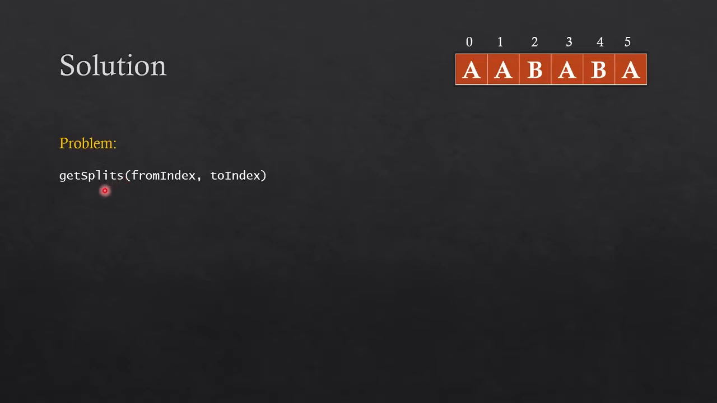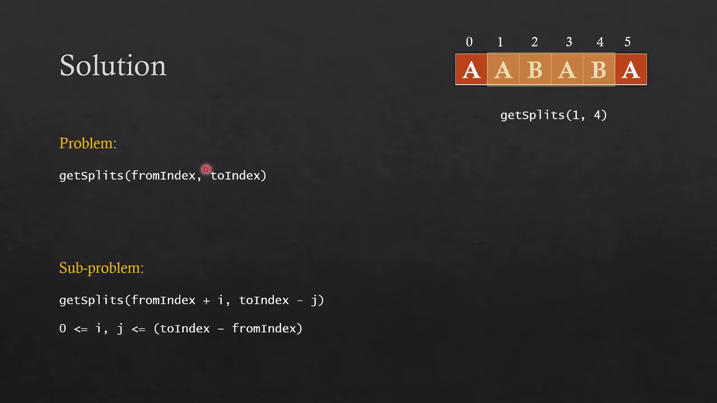So in this example, in the driver code, you're going to write get splits of 0, 5 for this particular example. Now, let's say in this example, you're having get splits of 1 to 4. What it means is that it represents this substring that starts from 1 and ends at index 4. Now, what is this subproblem? The subproblem is getting